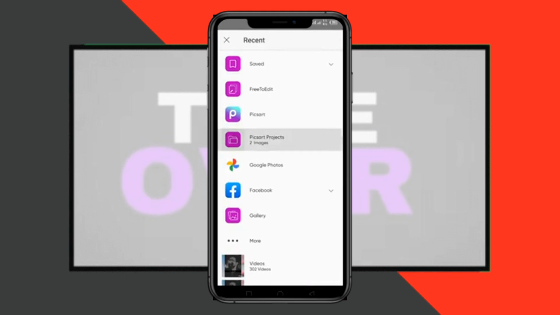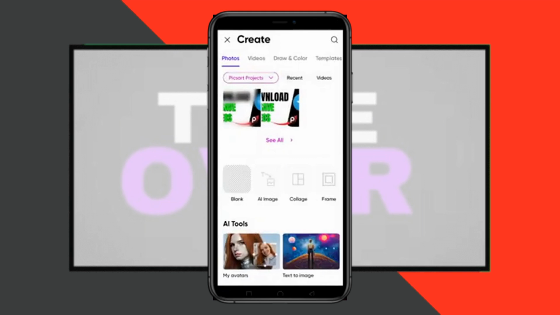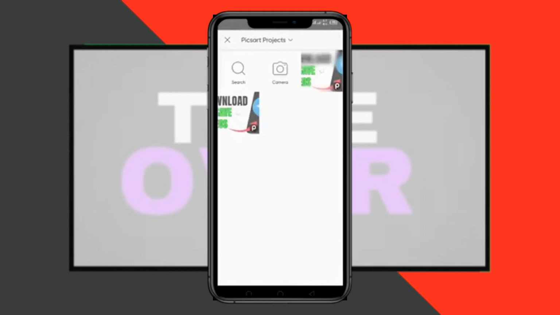So here you will find an option of Picsart projects. Here you can see all of your draft projects. So now what you need to do, simply click on see all here, and these are the projects in my draft of Picsart. So now what you need to do, long press on any of the projects that you want